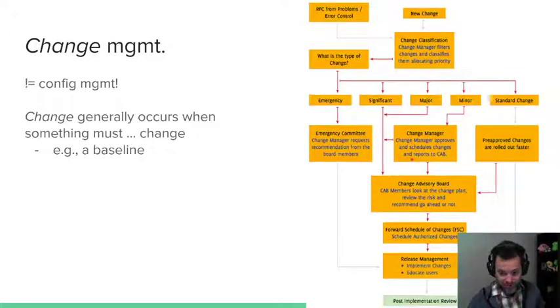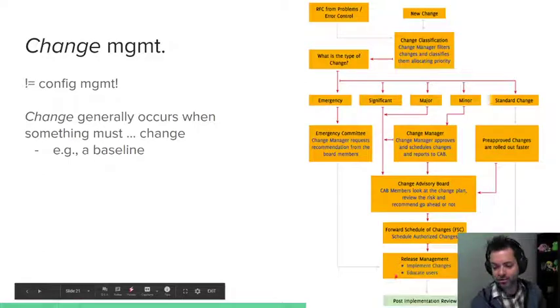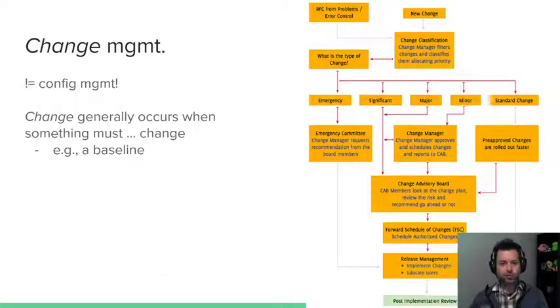And again, why do we have this? Is this just the business people getting their hands on software development? No, this is what we need for consistency, right? So if I have a major change where things really hit the fan, customers unhappy, we're probably going to need a lot more eyes on it or a lot more people fixing it or working on it. So there's a lot of things that can go into this. And then, of course, after you're done, have your review, close your change. And all this means is that you've gone through a change process to update the source code or update an artifact. And this all gets reflected throughout the project.